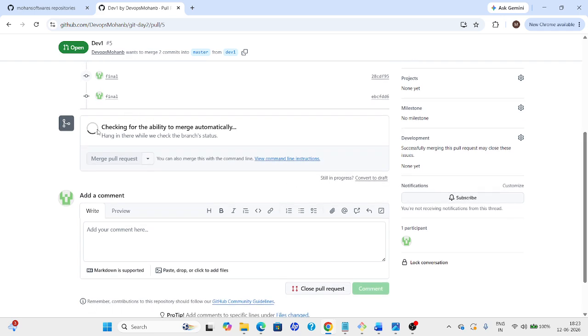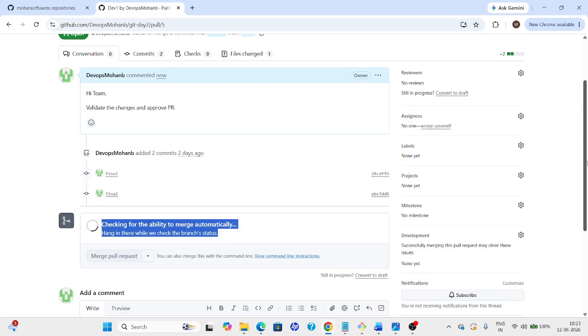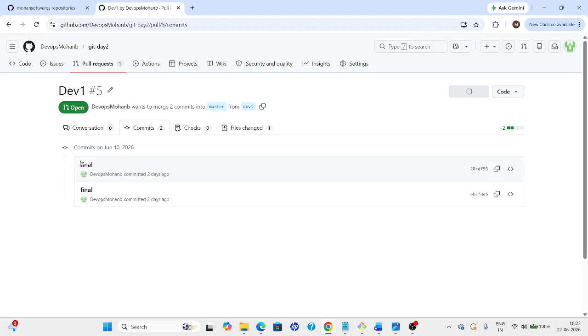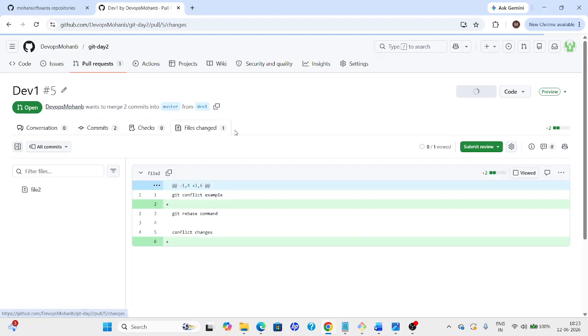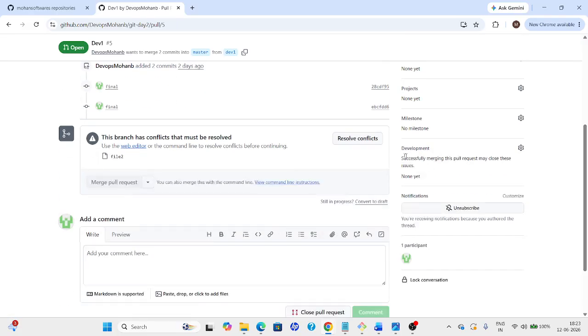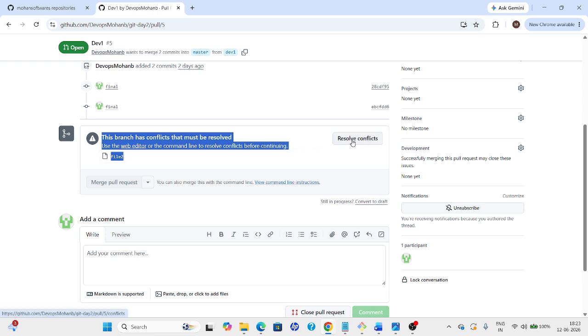So it will check for the ability to merge automatically. It is going to check the status of both the branches, base branch and compare branch. So it will check how many commits are going to merge between these two branches, and what file changes happened, and then it will proceed further. See, this branch has conflicts, and that must be resolved. Resolve conflict. Click on it,